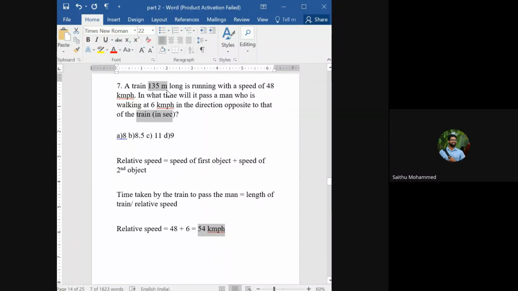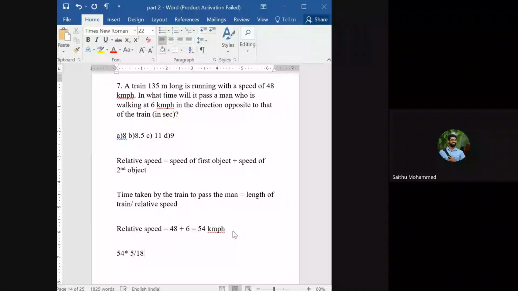It is not in kilometer. So that's why, even though it is all about relative speed, we need to convert this relative speed into meter per second. We know that if we want to convert kilometer per hour to meter per second, we just need to multiply it by 5 by 18, right? So 54 kilometer per hour into 5 by 18